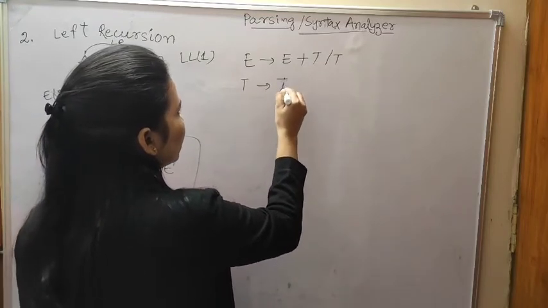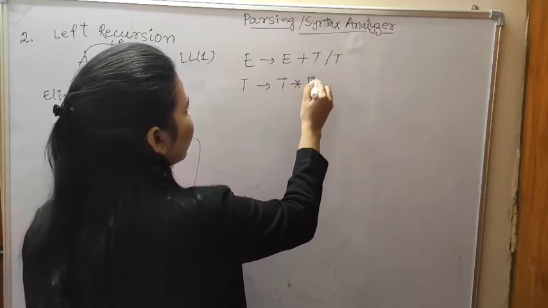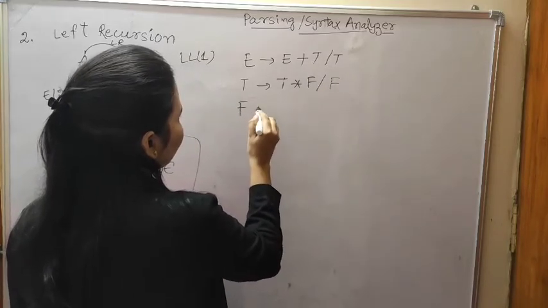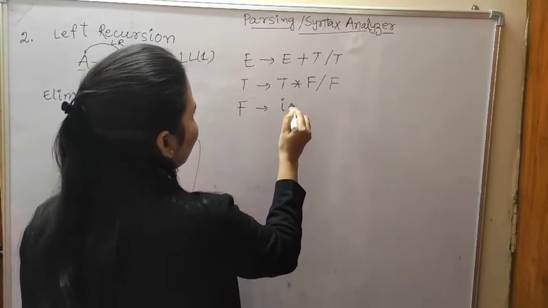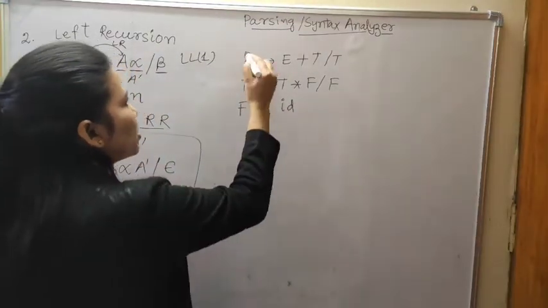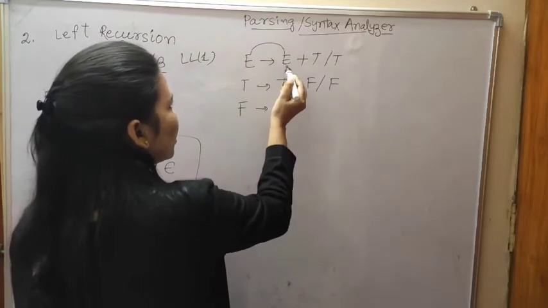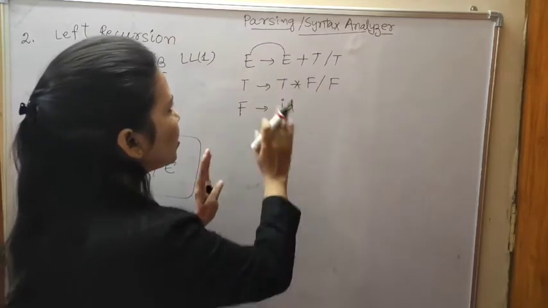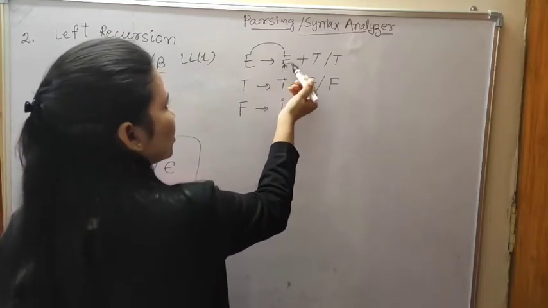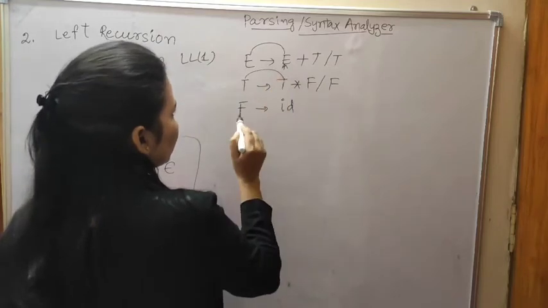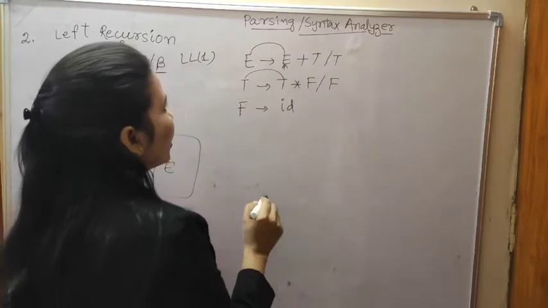This term is given as term followed by factor, or F. F has given to it. Okay, term followed by factor. Now you can see that here it is also left recursive, because on the left side, and on the right side also, the first symbol is the same. So this is also left recursive in these two places. So how do we eliminate it?